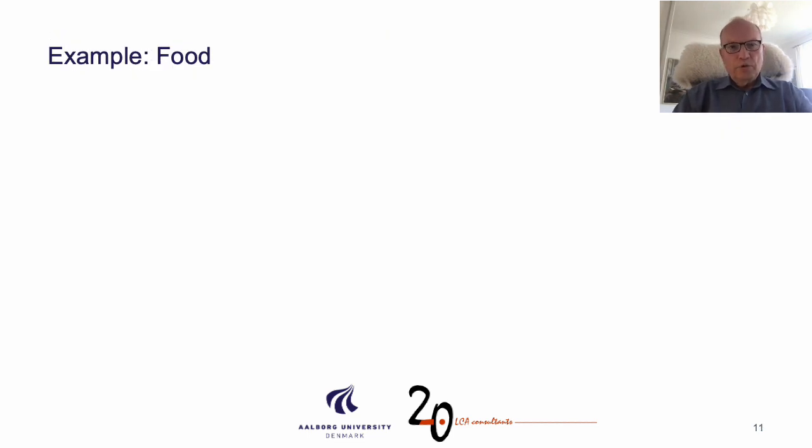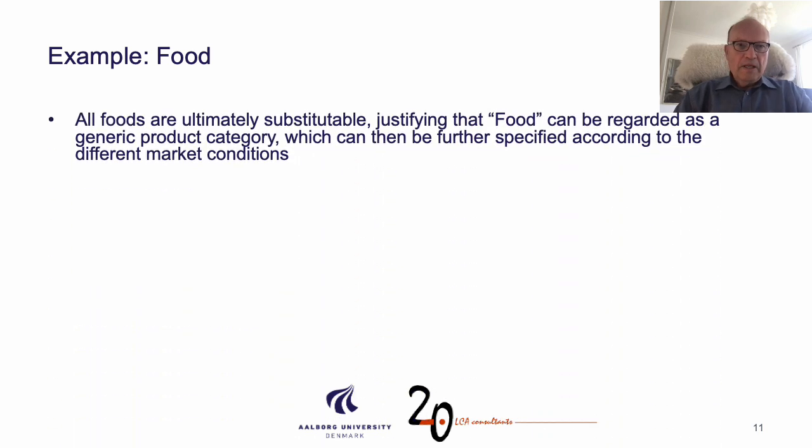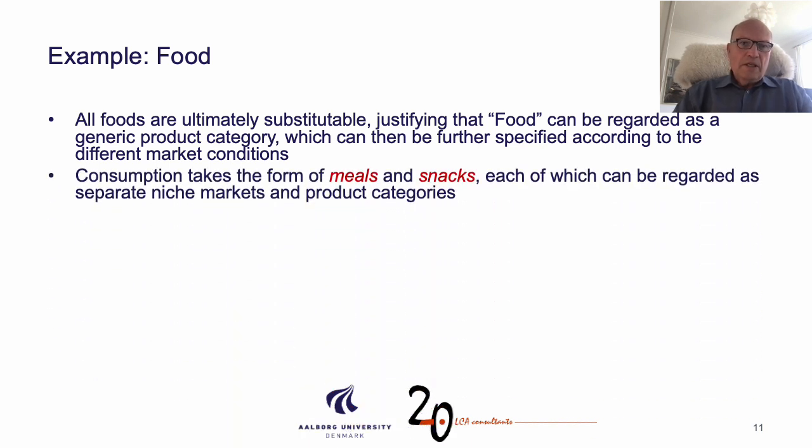Let's use food as an example. All foods are ultimately substitutable. This justifies that food can be regarded as a generic product category, which can then be further specified according to different market conditions. Consumption takes the form of either meals or snacks. Each of these two niches can then be regarded as separate,